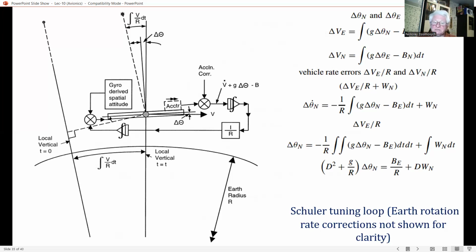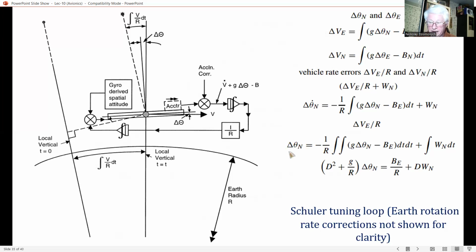The rate of tilt about the north axis is equal to delta V E over R plus W sub N. And hence, we can get this expression for delta theta N dot, which will be negative, 1 over R and an integral of this part. The minus sign on the delta V E over R term is because the feedback is negative. Okay, and hence we have